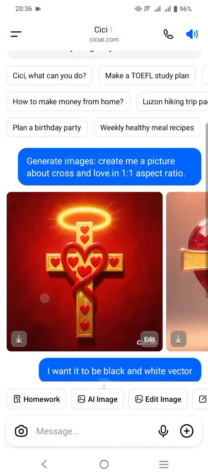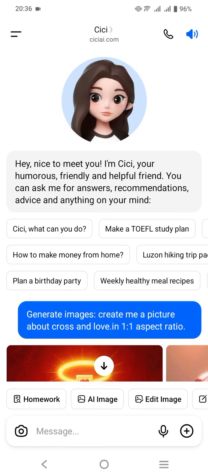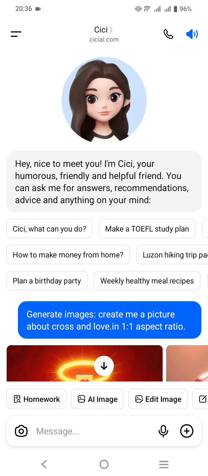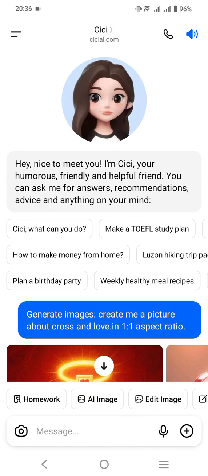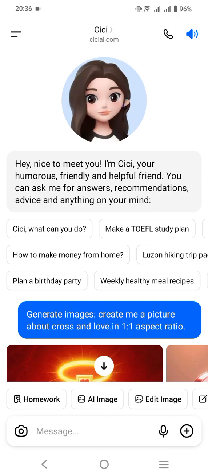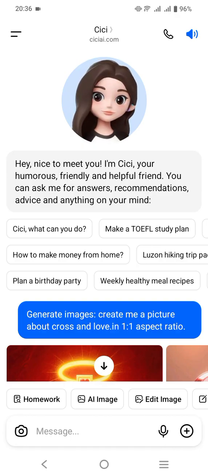If you are a new user, this Cici AI will give you a greeting first, something like this. Hey, nice to meet you. I'm Cici, a humorous, friendly, and helpful friend. And if you would like to have a conversation or chat with the Doraemon chatbot, then you can go to